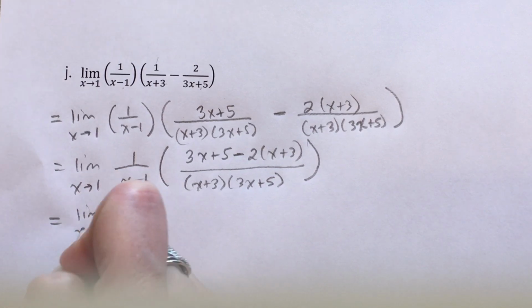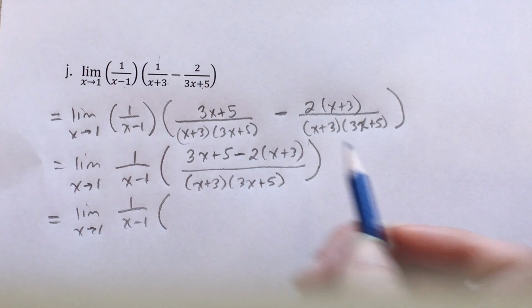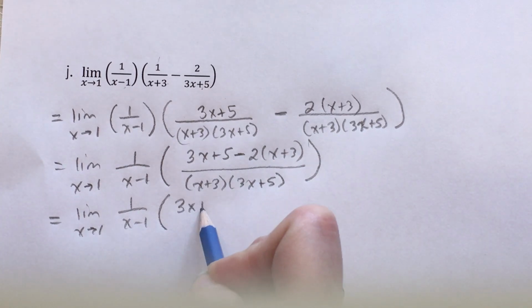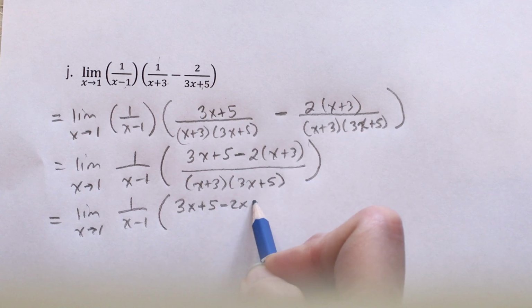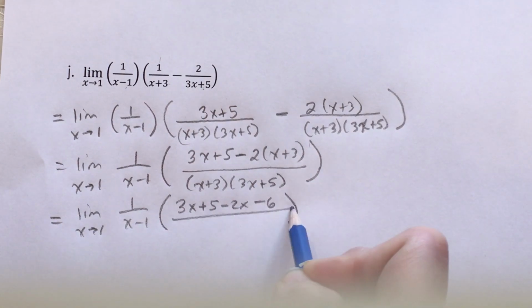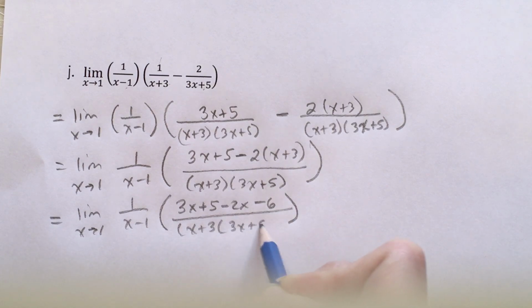Simplify the numerator some more by expanding. So it's going to give me 3x plus 5 minus 2x minus 6 over x plus 3 times 3x plus 5,